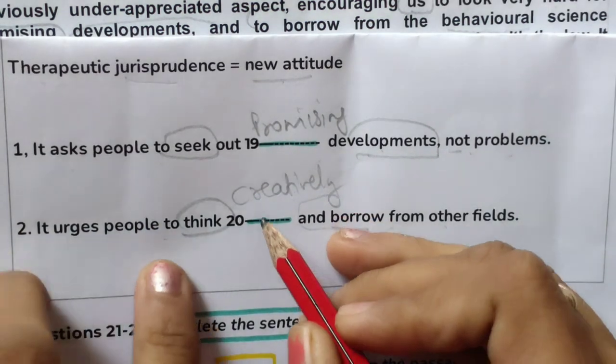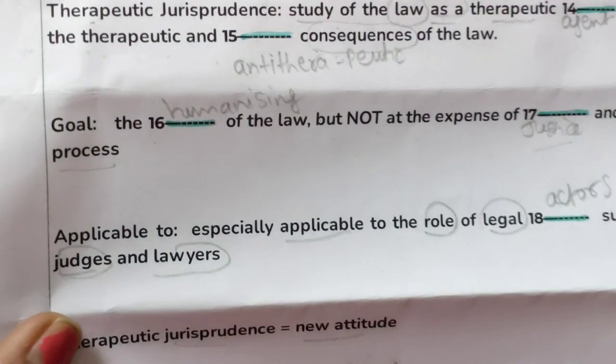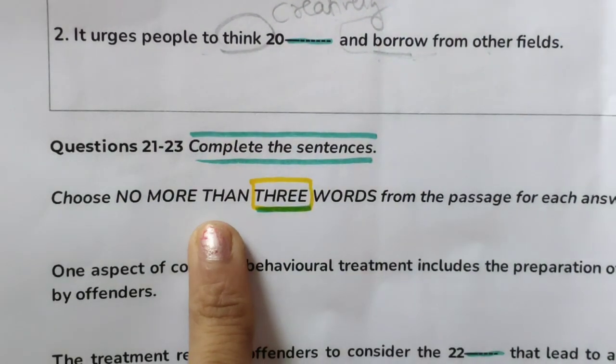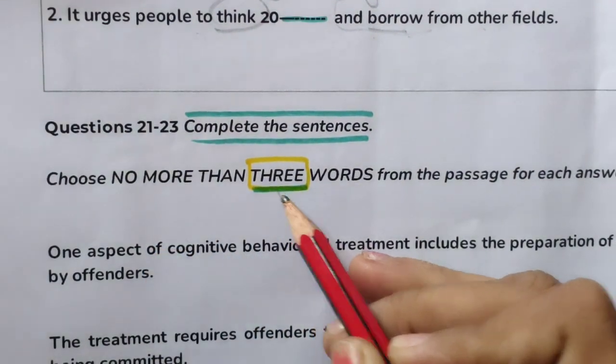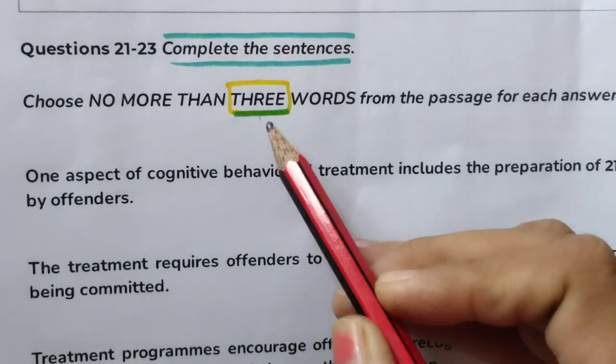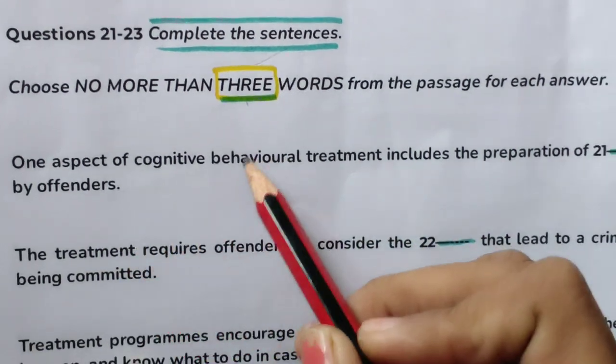So here I have written creatively. Okay, now we have completed full. See this, all fill in the blanks. Now coming to complete the sentences, choose no more than 3 words. Now it's good, it's a blessing for us. We can use 3 words, we can use 2 words also, we can use 1 word also, according to the